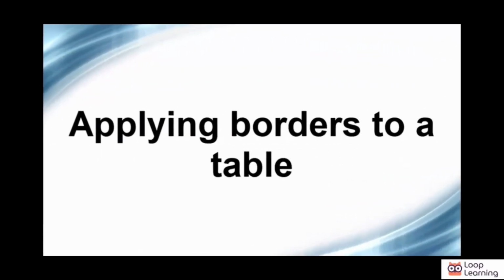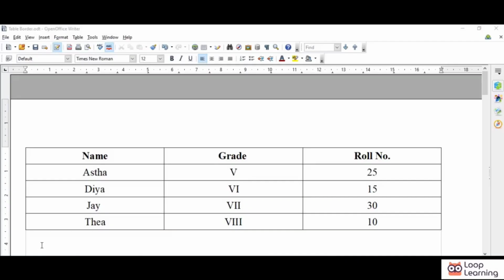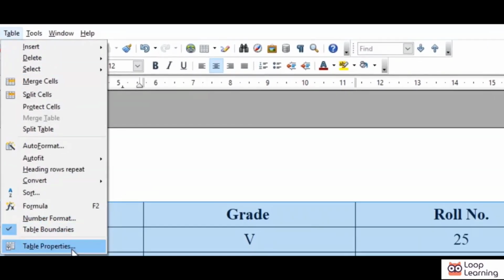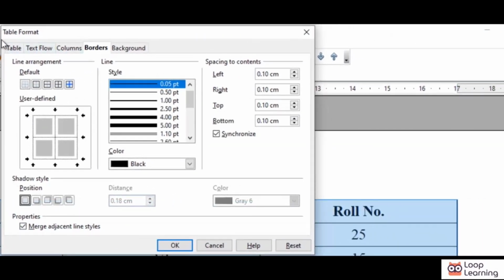Applying borders to a table. To apply border to the entire table, select the entire table. Now, select the Table tab and click the Table Properties option. A table format window will appear. Select the Borders tab. In the Line Arrangement section, select the edges of the table for which you wish to